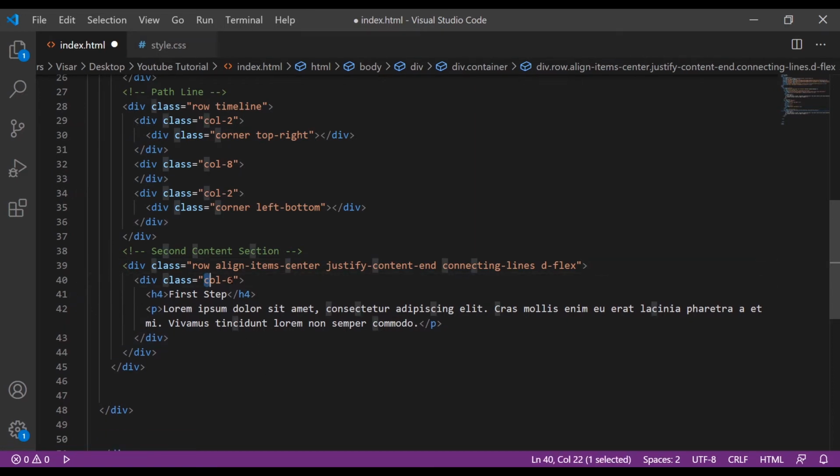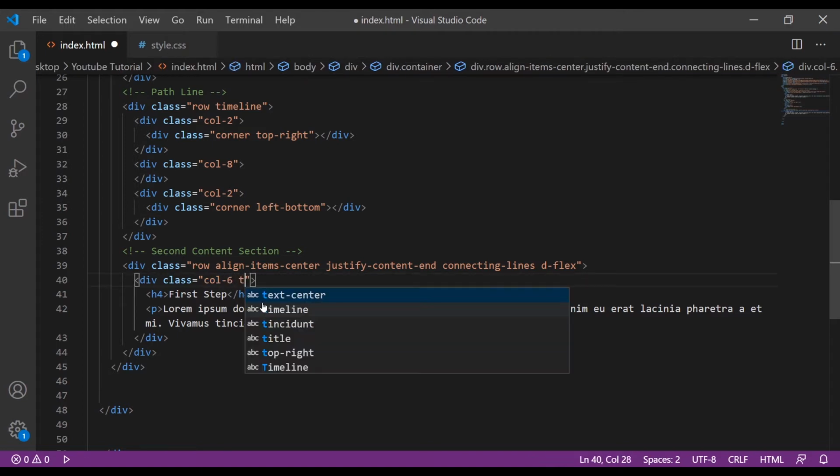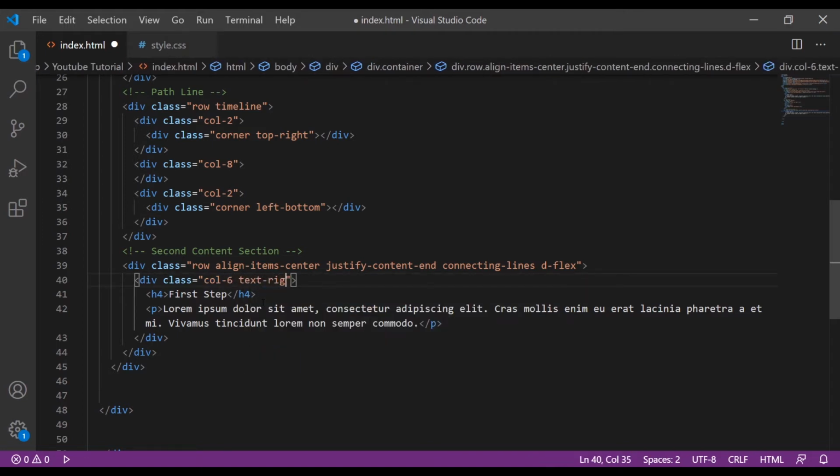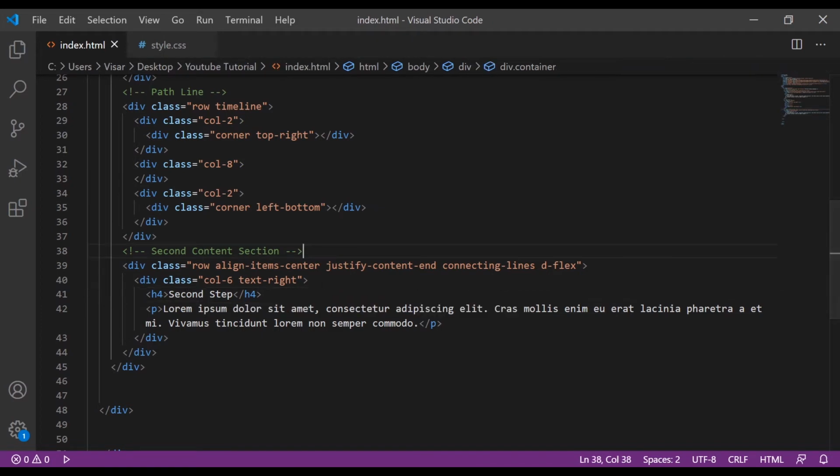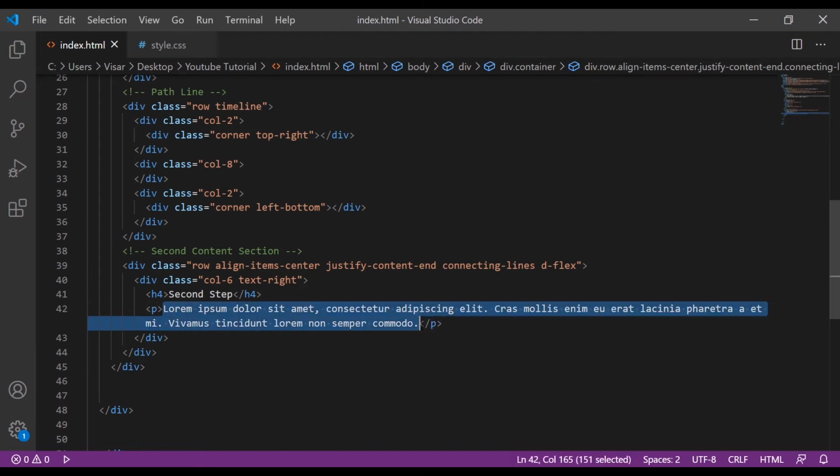So this one we change to, I believe it's 6, and then we put text-right, because this one will be right aligned. Then we change the title to Second Step, and I'm just going to update this paragraph.